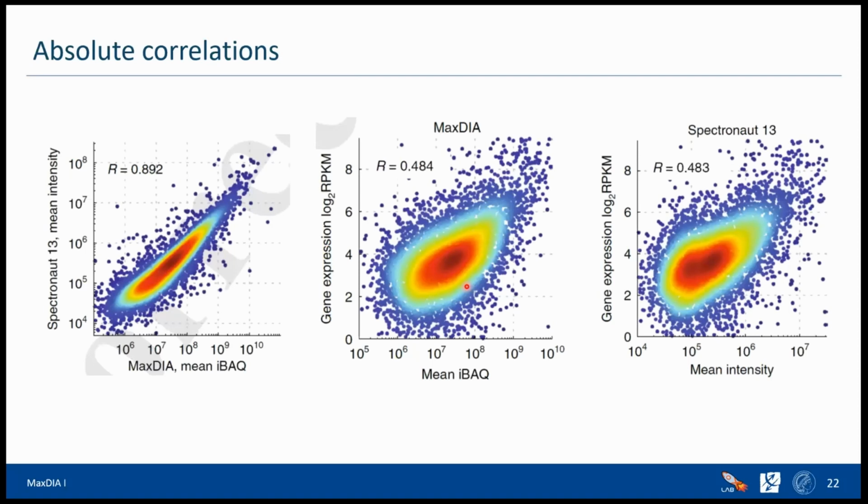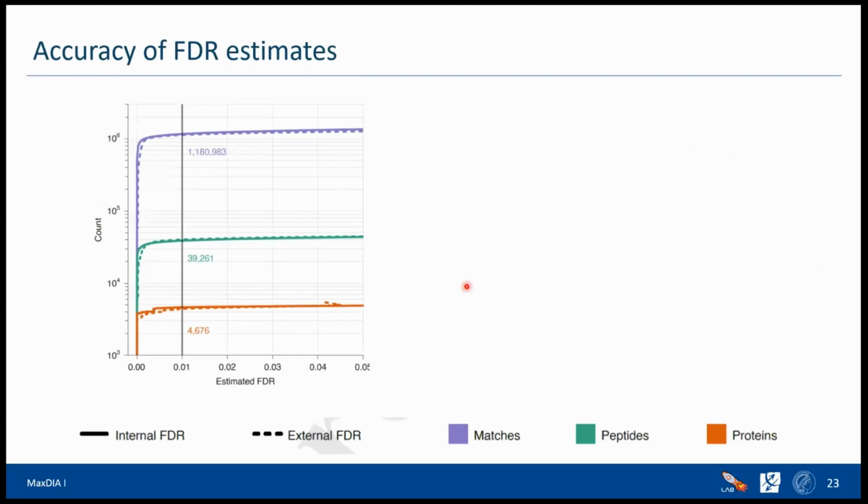Okay, so that's very roughly the quantification output. Let's have a look at the next thing, which is FDR control. Just to confirm that our internal FDR estimate is okay, we make an independent estimate of FDR with an external method. The way this is done is that we treat the software as a black box, and now you offer